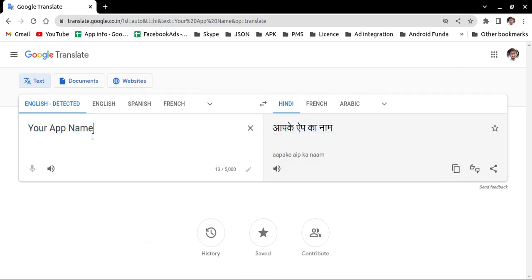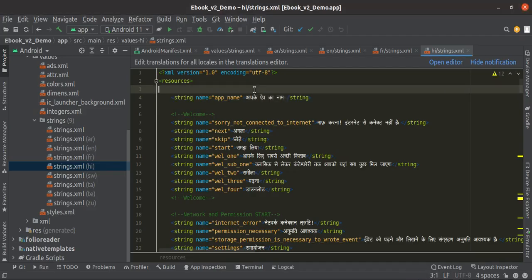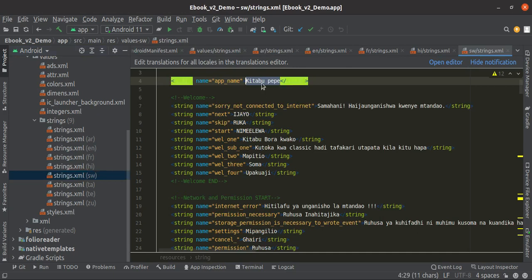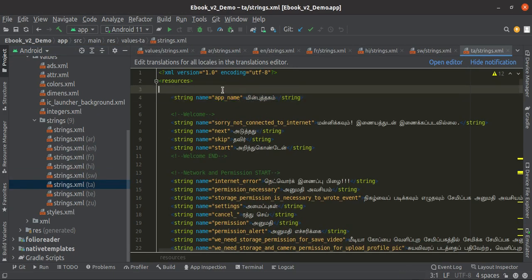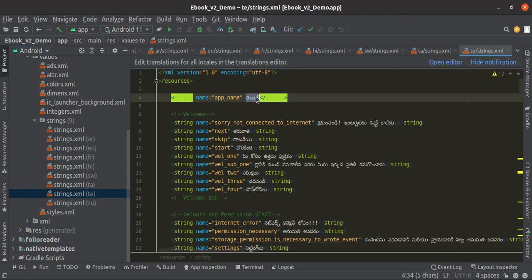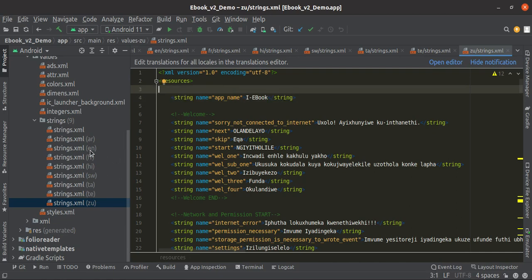Your app name in Hindi is आपके ऐप का नाम. Just paste it. Change it in every string file. Here you can see this app name string, so just change all these values in every string file.